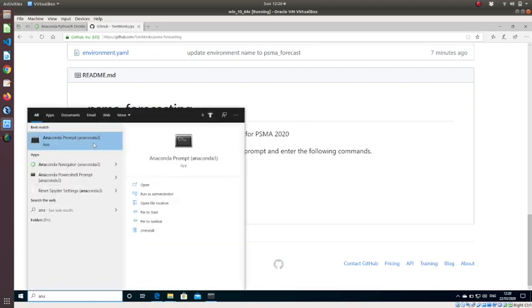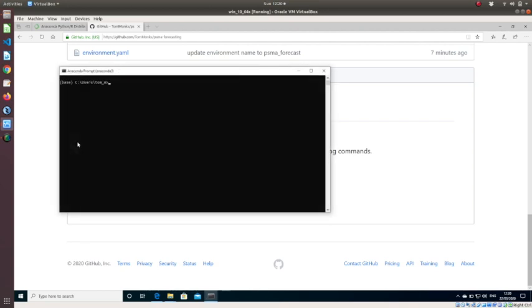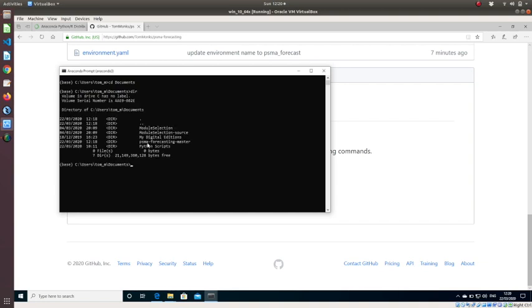So this will be installed on your Windows box if you've installed Anaconda. So Anaconda prompt, and that's just a simple command prompt. So if we go to cd documents, what we can see in there is we've got the folder PSMA Forecasting Master. So let's go cd PSMA Forecasting Master,